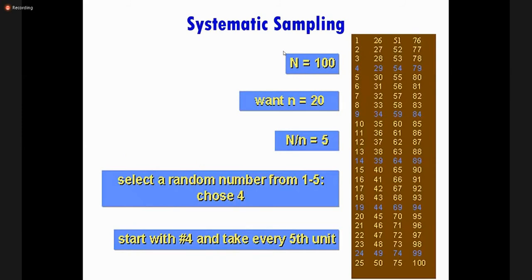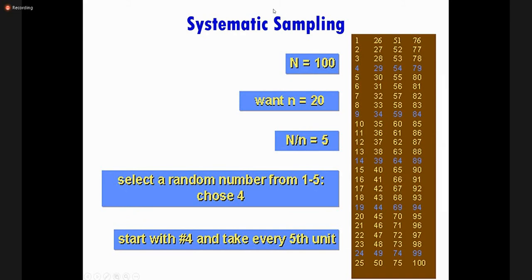You have a population of 100 and you have a sample of 20. You want to select 20 out of these 100 and you want to apply systematic sampling. First of all, you have to calculate the kth number. The kth number tells you what system you will have to follow. You find the kth number by always dividing the total population by your sample size. Capital N is your total population in the frame, and small n is your sample size. In this scenario, 100 divided by 20 is equal to 5. So you will select every 5th person in the list.